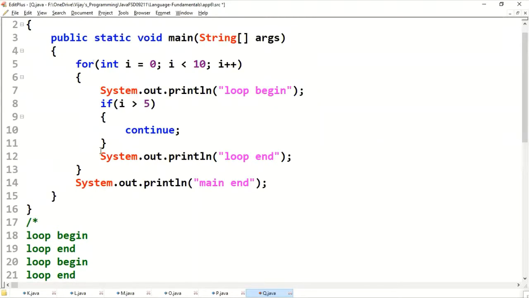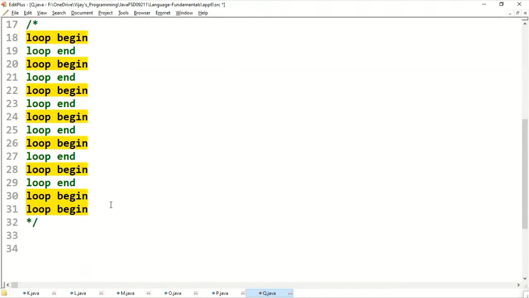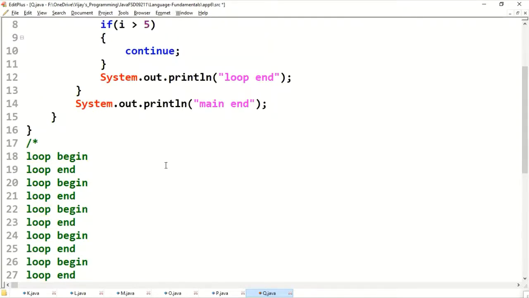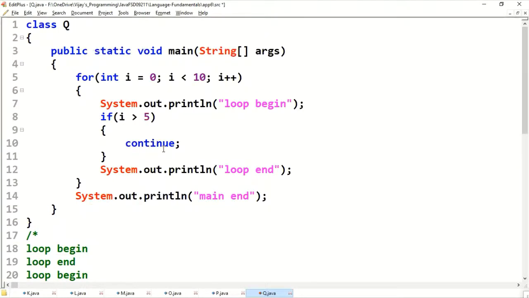Without executing the remaining statements of the for loop, it is going to skip to the next iteration of the for loop. 7 is becoming 8. 8 less than 10, yes. Loop begin. 8 greater than 5, yes. Continue. Without executing loop end and skipping to the next iteration.